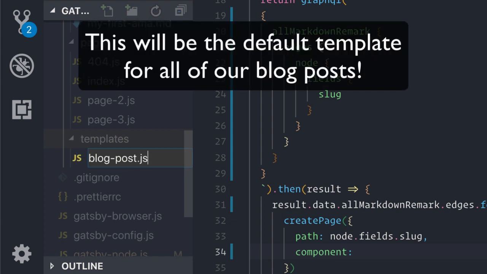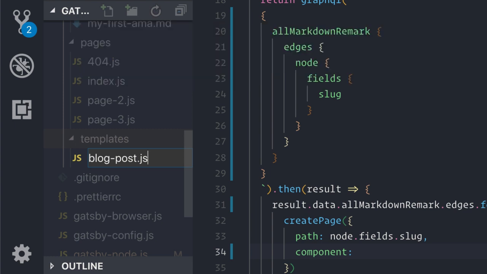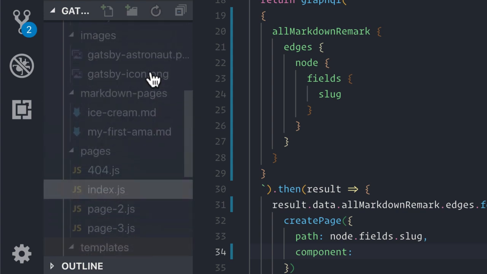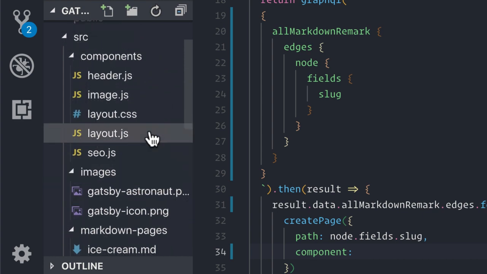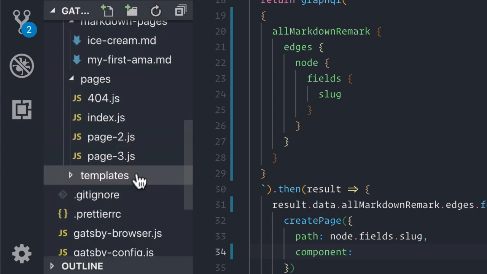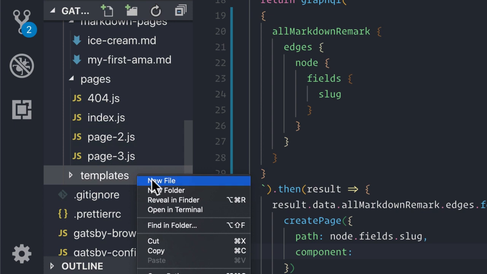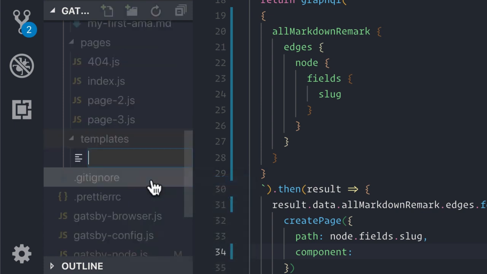blogpost.js. So normally you might be used to every React component that we write being .jsx. And this is totally valid too if you want to make it .jsx. But because every single React component that we have inside of our Gatsby folder is a .js file, for consistency's sake, we'll just use .js. Babel knows that if you have React inside of your JavaScript, it will convert it to regular JavaScript. So it's not a big issue. It'll still work. So here we're just going to say